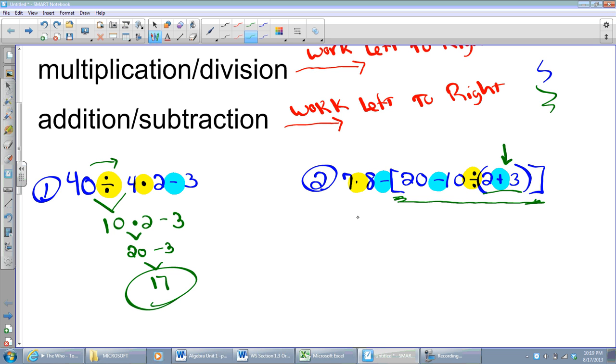So my problem becomes 7 times 8 minus the quantity of 20 minus 10 divided by, and I do this and get 5. Okay, now these parentheses are gone because I evaluated that to be 5, and then I close my bracket. Now, inside the parentheses,